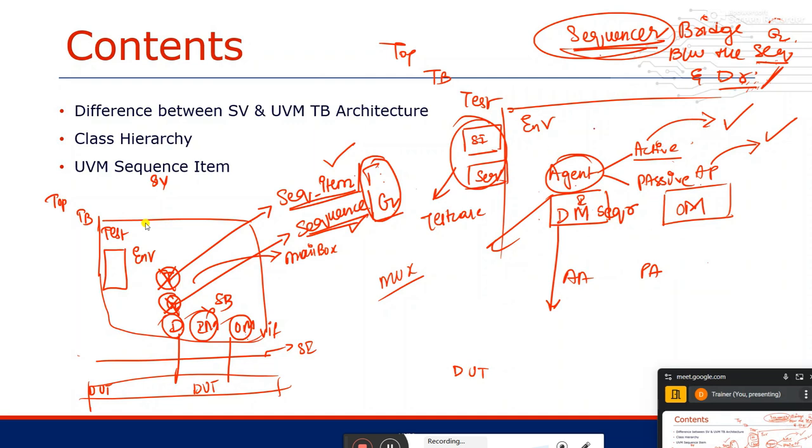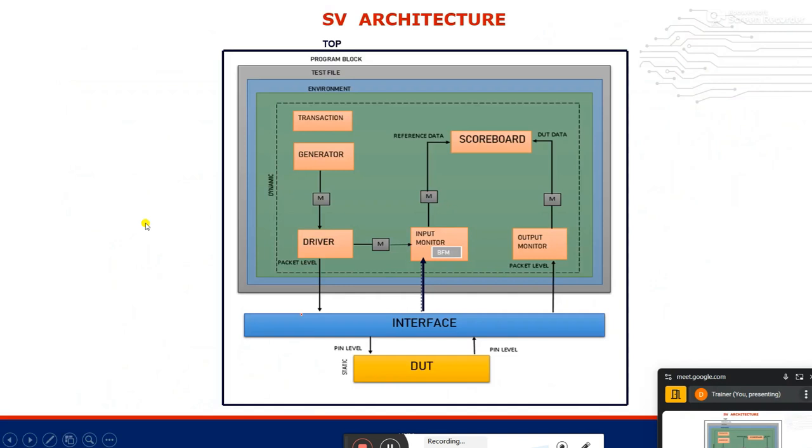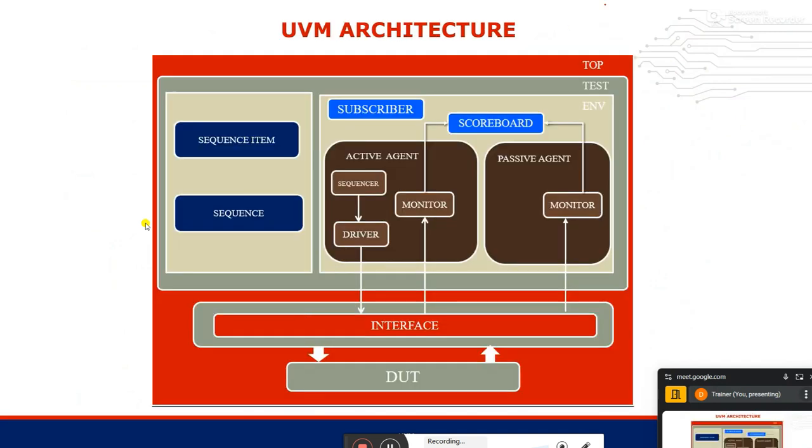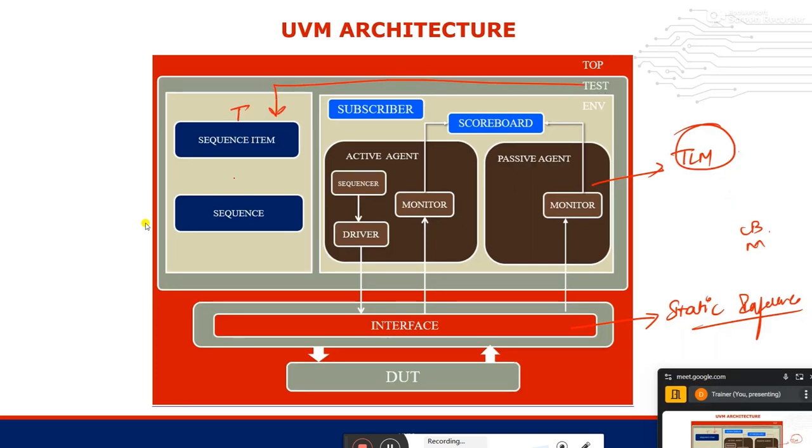Apart from this we have a scoreboard. If I show the proper diagram now, yes. So top, inside top test bench and DUT, again the same, with interface. Here instead of mailbox we are having TLM. There I had written mailbox, right now in UVM I'm writing TLM. So this is again a static interface. Same files only. How did you write the static interface? Using clocking block and modport, correct? Here also the same thing. The interface is written using clocking block and modport. Same files, some improvisation we are making. That's it. See, in the test hierarchy, I have kept my transaction and generator file.